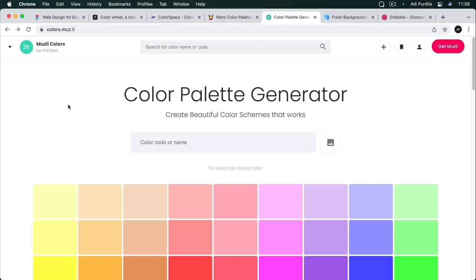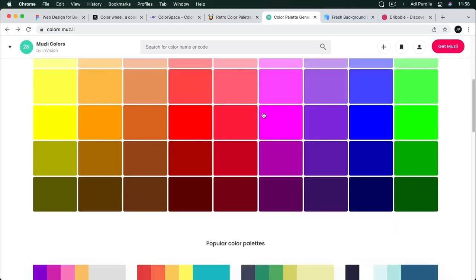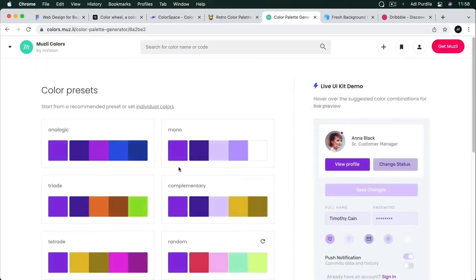Actually, this is a very cool app. So you can paste in a color code or name, or you can pick one of the colors. And what's really cool about it is it gives you a live UI kit demo